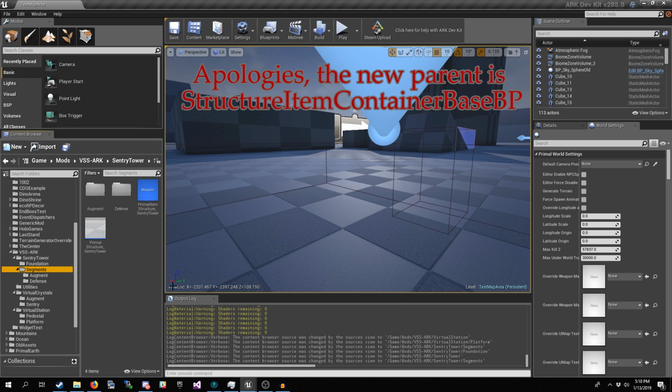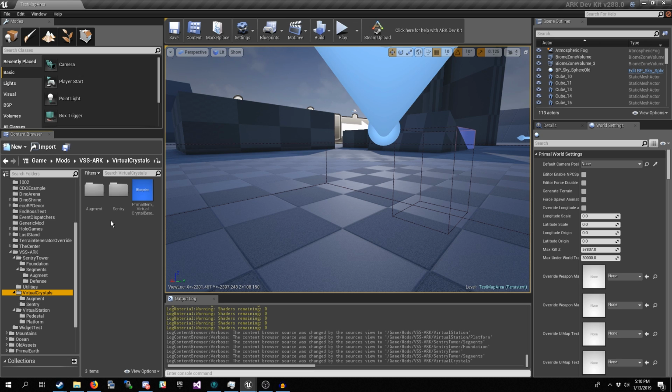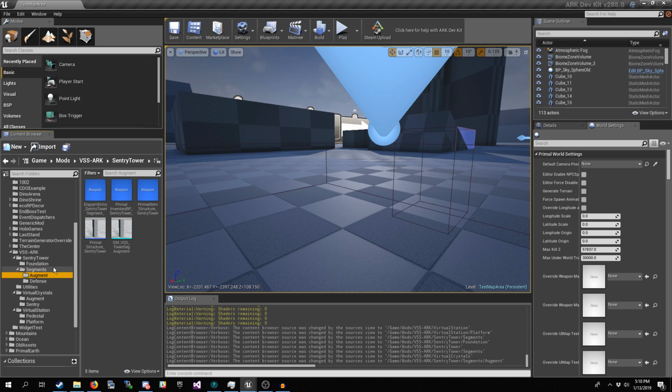The reason for this is because the crystals, if you remember correctly, we were having them generated as an item that was a trophy. I wanted to co-opt the visual display of like the artifacts, how they show over a trophy base. But I also wanted to attach them to the segments as a structure.